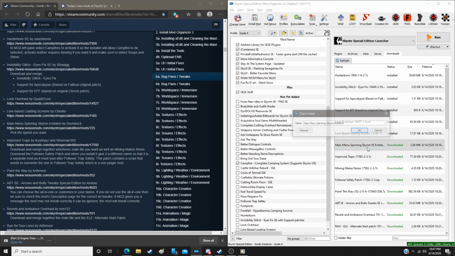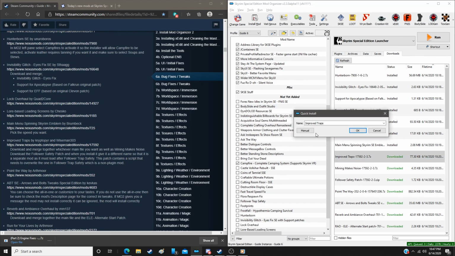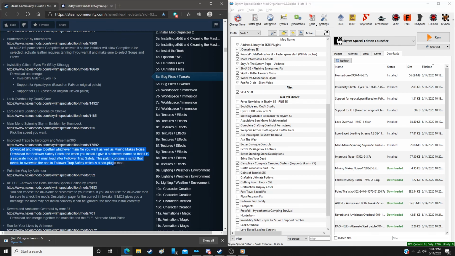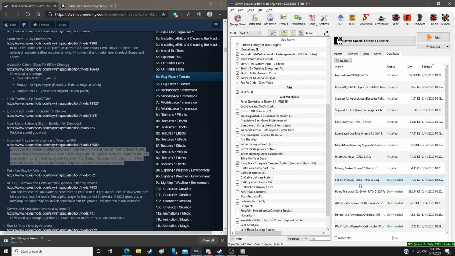Main menu, pick the speed you want. That was during the downloads. I usually go with gold average speed. I like the way the gold one looks. Okay, we're going to download and install the main file. We're going to merge in mining makes noise. And then the follower safety patch